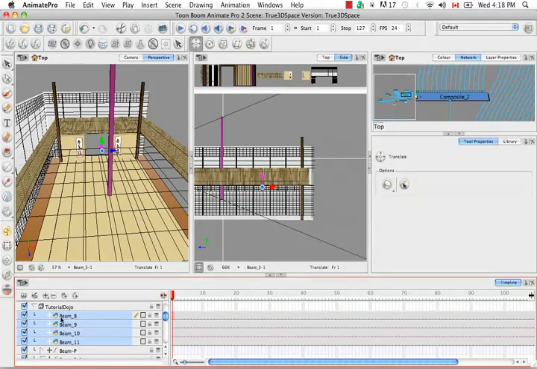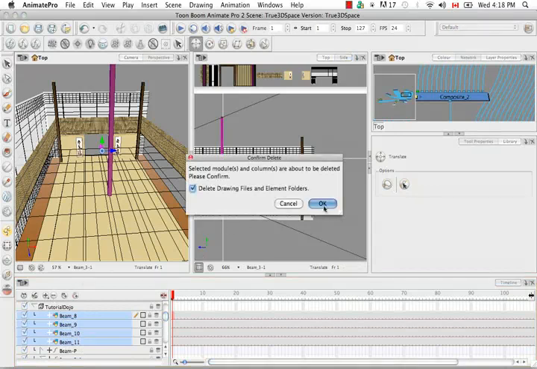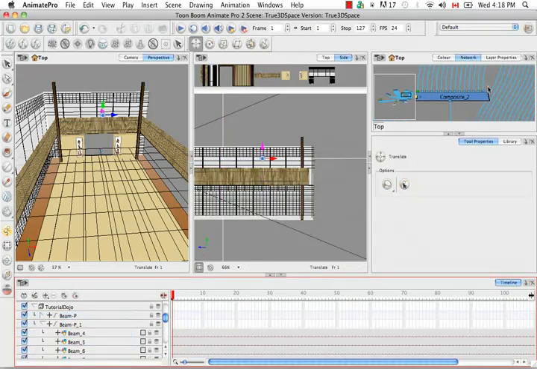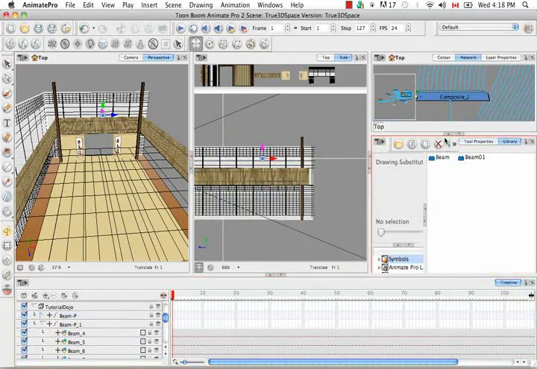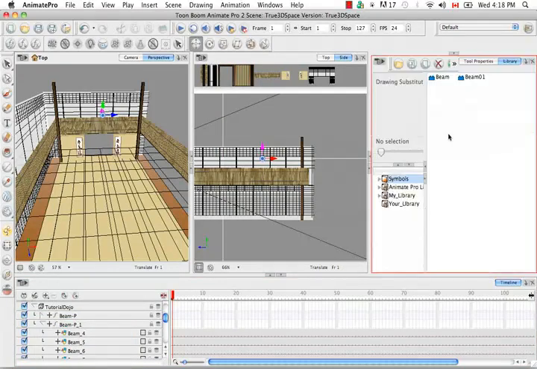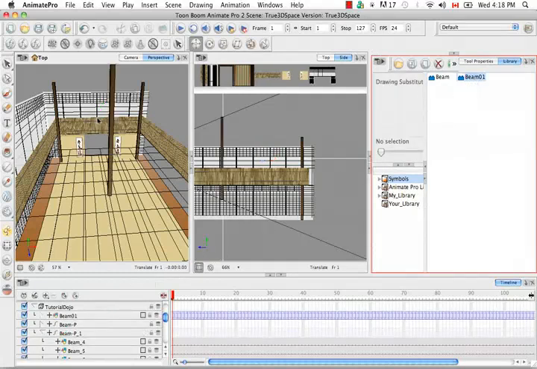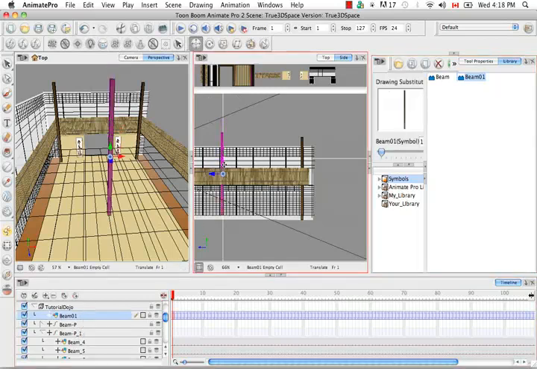And then you can just delete these layers actually. And then if we go to the library view, which we have right here conveniently, we have Beam 01 in our symbols library. So I'm going to drag Beam 01 and drop it in my timeline, and there's my beam. And then what I'm going to do is select it with the Translate tool selected, bring it down, bring it across,